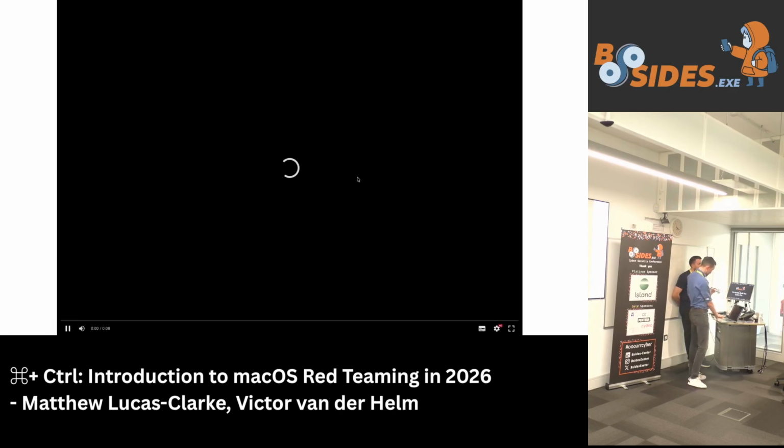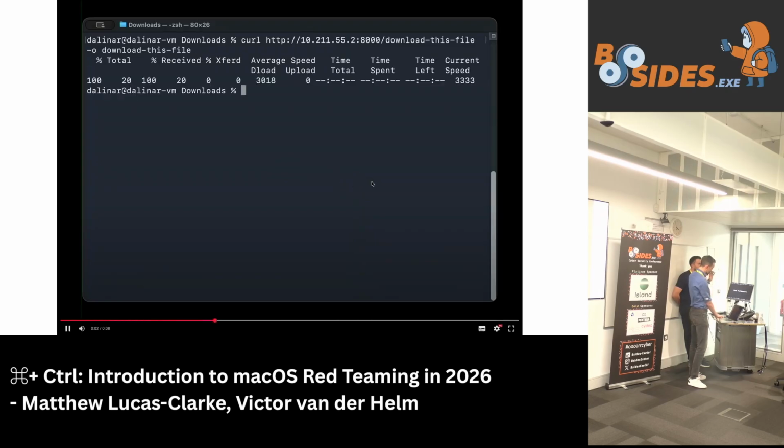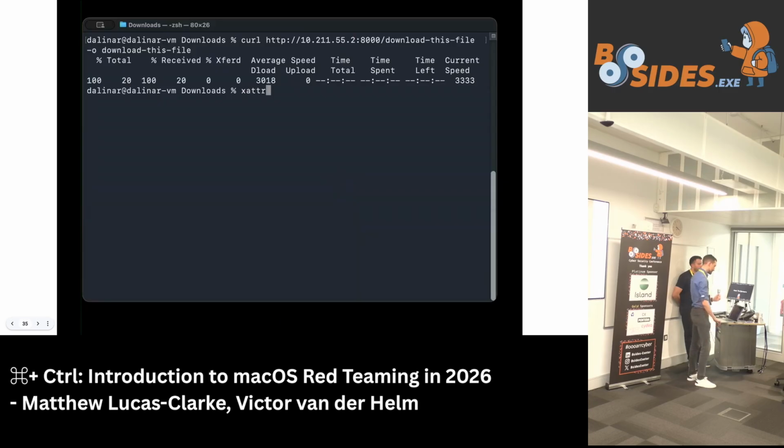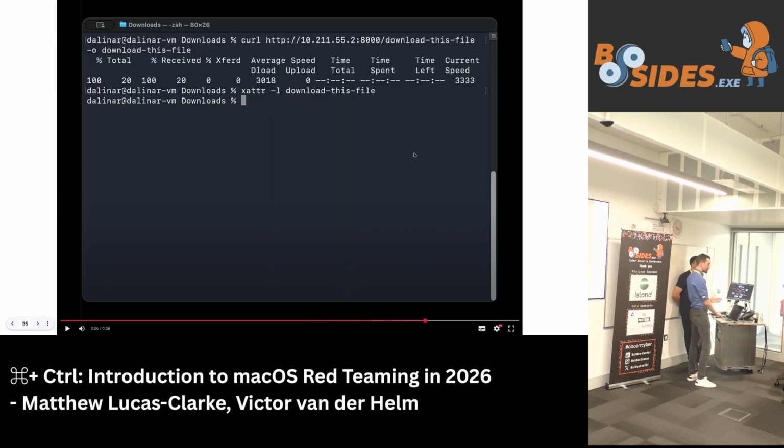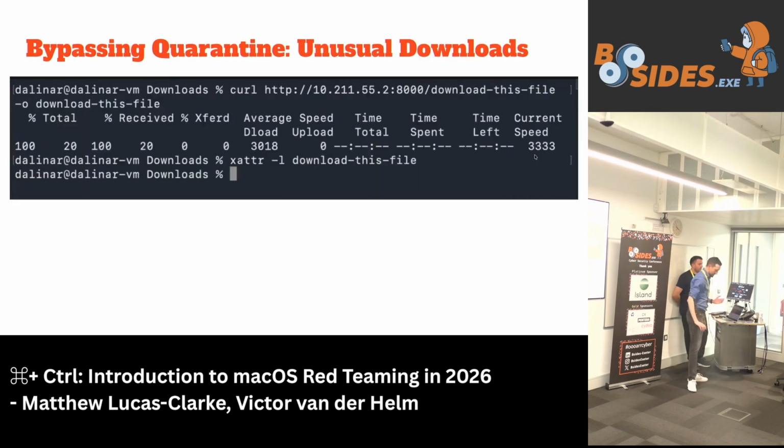On screen is me downloading the exact same file from the exact same web server, but instead of using a web browser, I'm using curl. And even though this is a really obvious other way to download a file, the quarantine attribute's not been applied. Why is this?